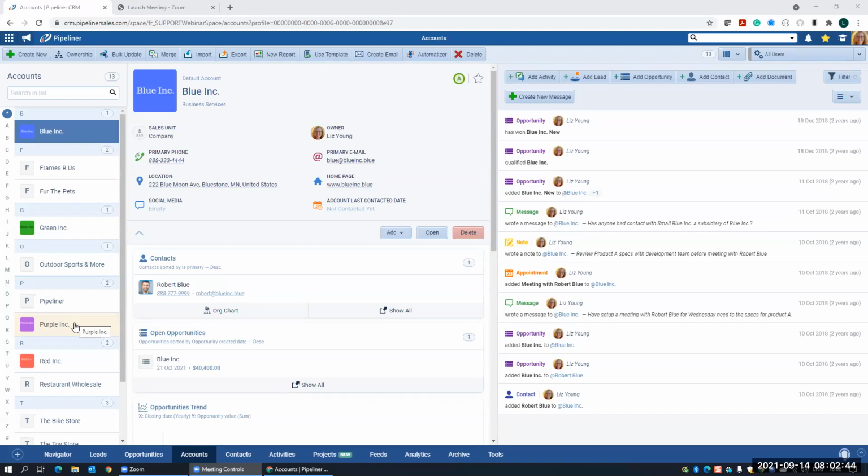So if we're looking overall at our accounts, we see we have lots of different views available to help us get a feel for how we're doing, at the individual account level. There are lots of things that you can do now to really leverage the power of the information that you're keeping in Pipeliner. Nowadays, I know that some of you looking at the participant list have been customers of ours for a very long time. Unless you're totally on top of all of the new information, you might not be consciously aware that, for example,